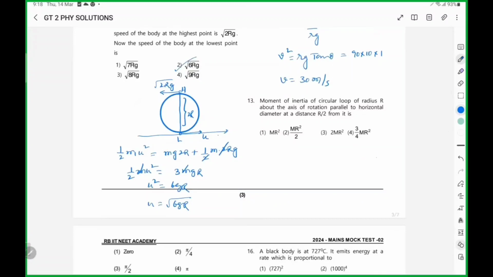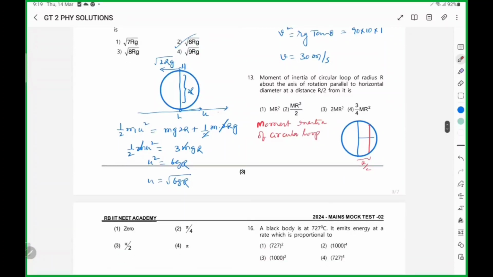Moment of inertia of a circular loop of radius R about an axis of rotation parallel to the horizontal diameter and at a distance R by 2 from the diameter. So moment of inertia of a circular loop is